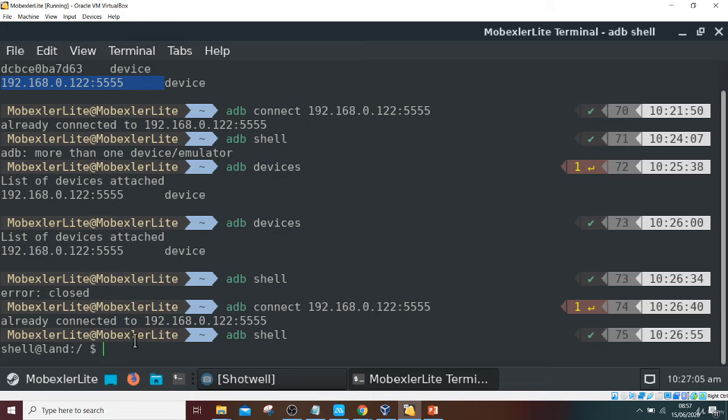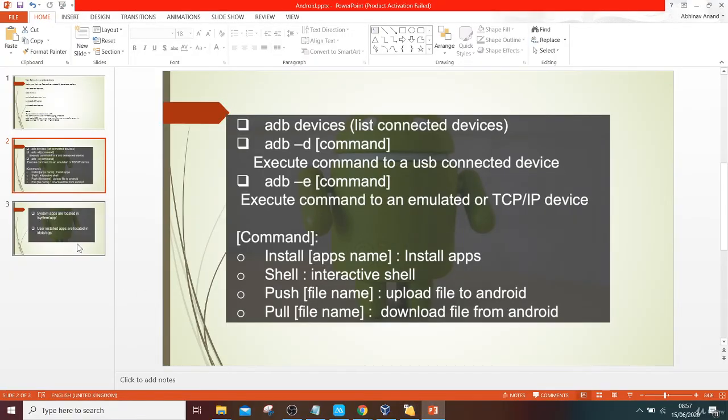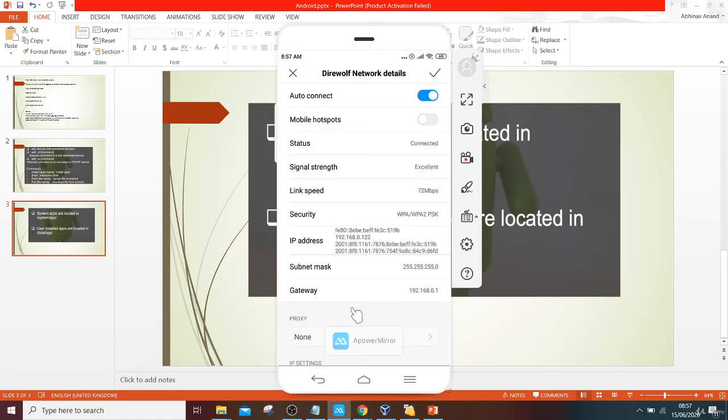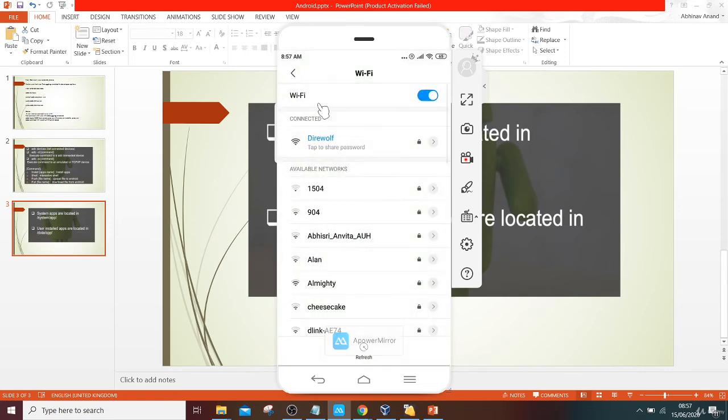Now how do we find where all these applications are? For that you can refer to this PPT and see all the apps which are installed by default in the system. They are located in the path system/app. And all the apps which are installed in a customized way, or that you have downloaded and then installed, will be installed in data/app. So basically system apps are those which come with the system, like the various apps you can see installed here.